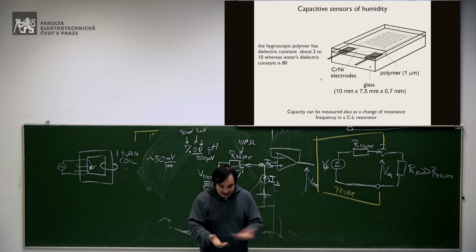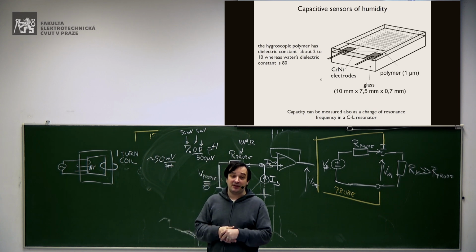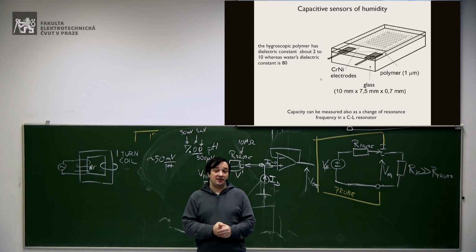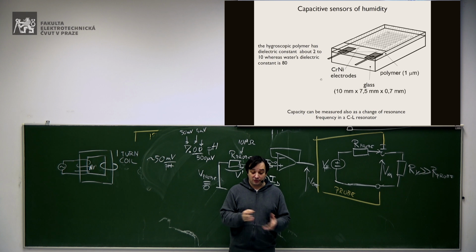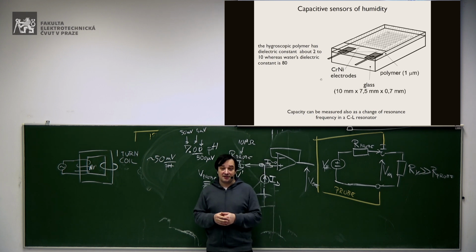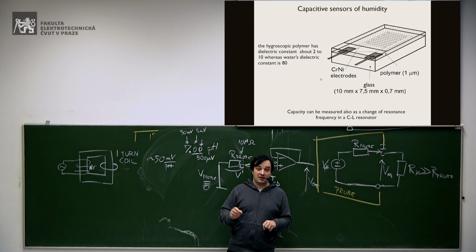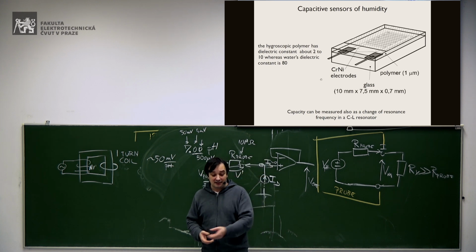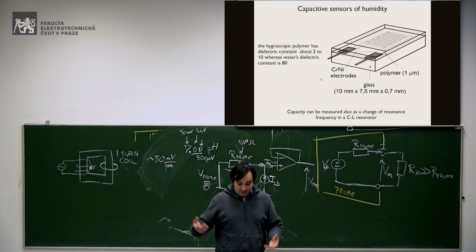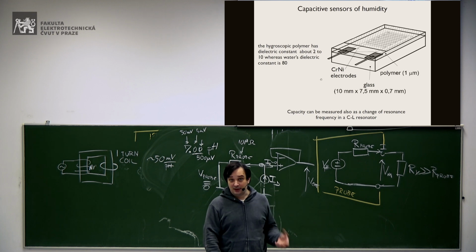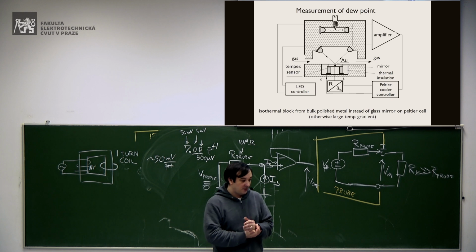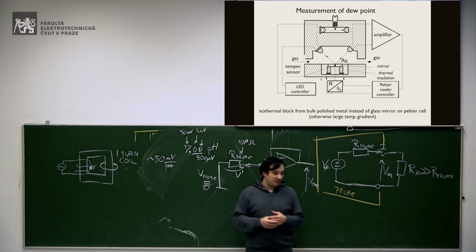And then we have studied how to measure the capacitance, you remember it, but a very common system in this case to measure a change of capacitance is to put this sensor in resonance with an inductor and then measure the change of the resonance frequency, which is given by the fact that you change the capacitance, and then you measure the frequency, which is very simple because you just need to measure difference of pulses. You just need to count pulses.